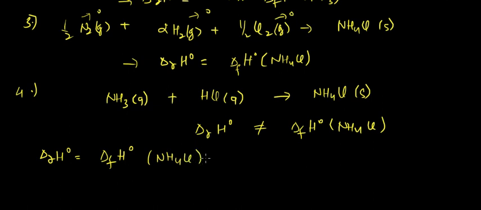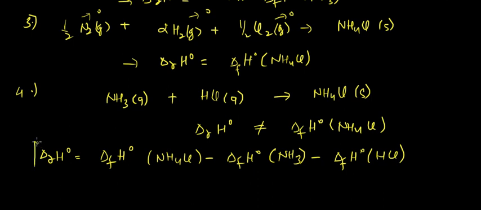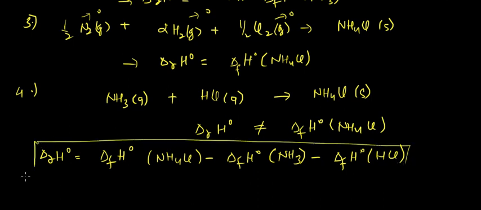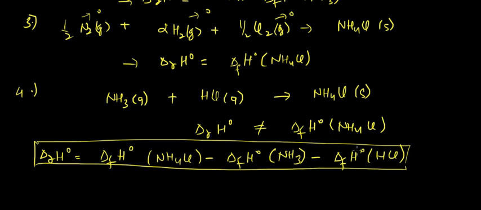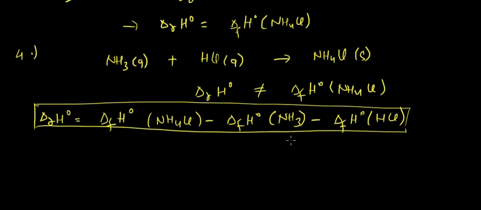NH4Cl minus delta F H naught NH3 minus delta F H naught HCl. Okay, so this would be the delta R H naught for the reaction. We have to subtract delta F H naught for the reactants as well, as these two are not in their elemental forms, because they are formed from different elements, from nitrogen and hydrogen in this case, and hydrogen and chlorine